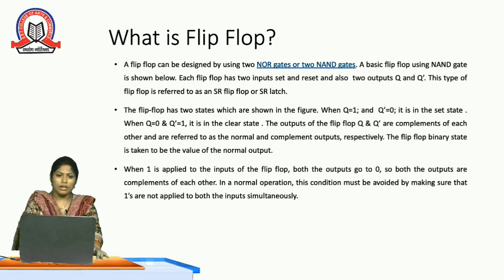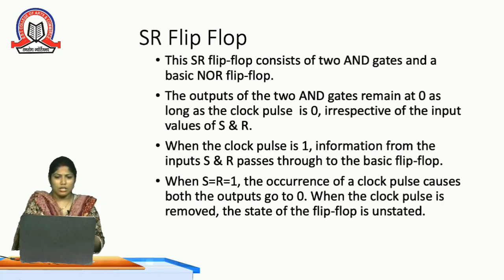So flip-flop consists of cross-coupled NAND gate or NOR gate, where it has two states. One is Q and other is Q bar. If Q is 1, then Q bar will be 0, and vice versa. So according to the output and input, it is being cross-coupled to each other. Let us discuss the types of flip-flops.